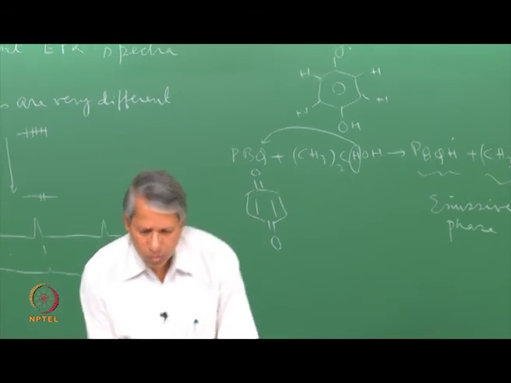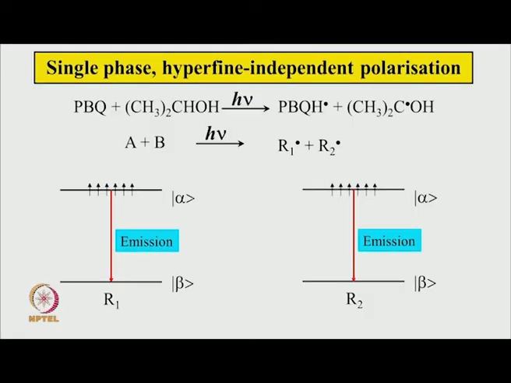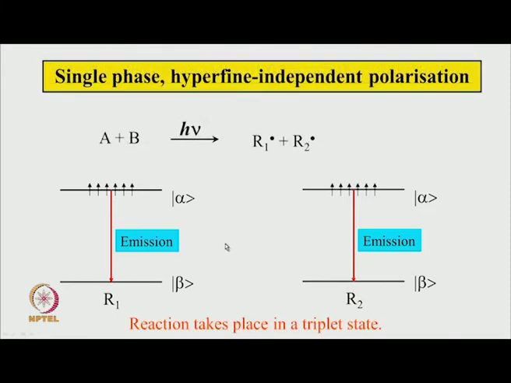So, we can just symbolically write that instead of this particular reaction, let us say I have got A and B molecules reacting in the presence of light, producing radical number 1 and radical number 2, and both are in emissive polarization. So, radical 1 has the 2 Zeeman levels, the upper level is mostly populated, so it gives an emissive signal. Radical 2 again, the upper level is mostly populated compared to the lower level. So, this also gives emission. So, then